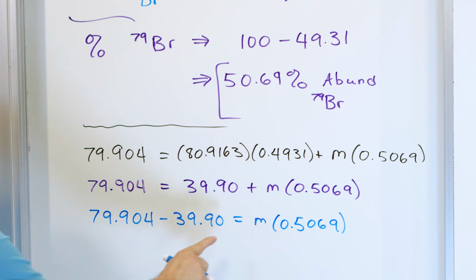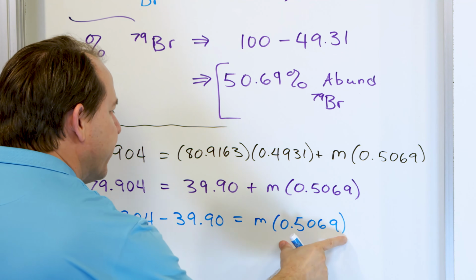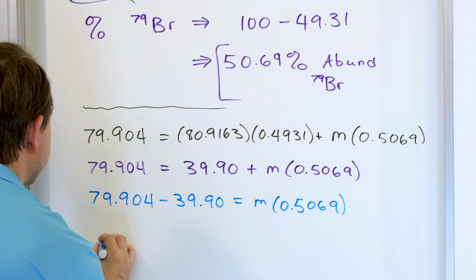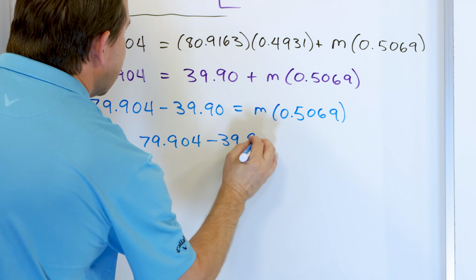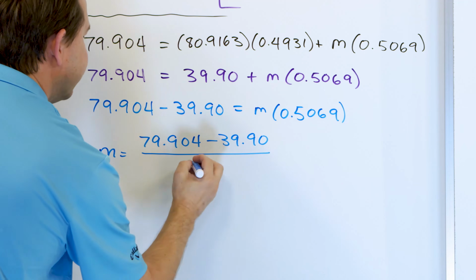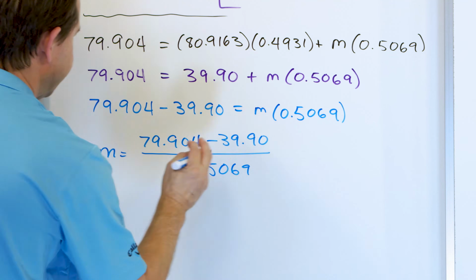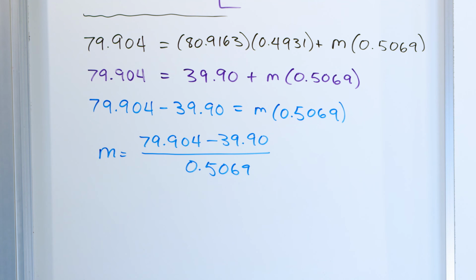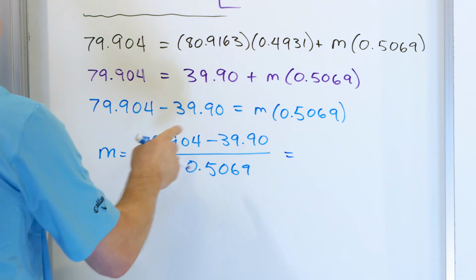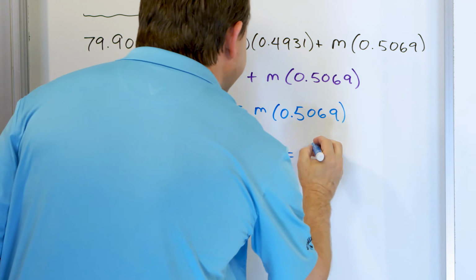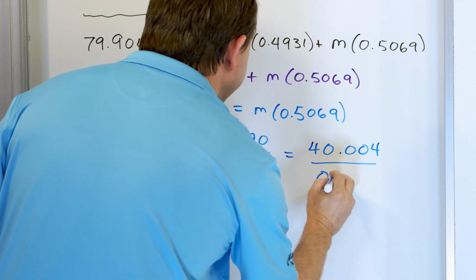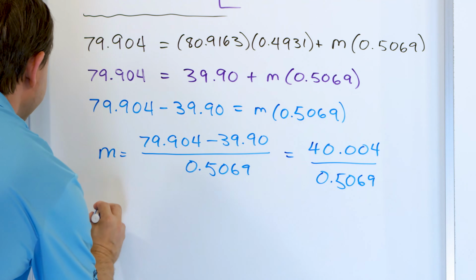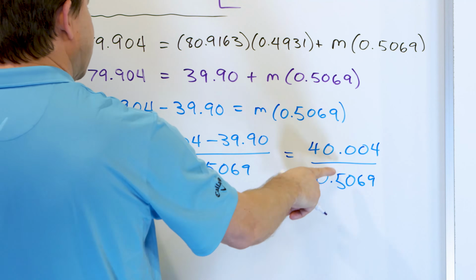How do we solve for m? We divide both sides of this equation by this number. When we flip everything around on the other side of the equal sign, we get 79.904 minus 39.90, and all of that is divided by 0.5069. Now, when we subtract on the top, 79.904 minus this, we get 40.004. On the bottom, we're still dividing by 0.5069. And so the mass is equal to 40.004 divided by this,